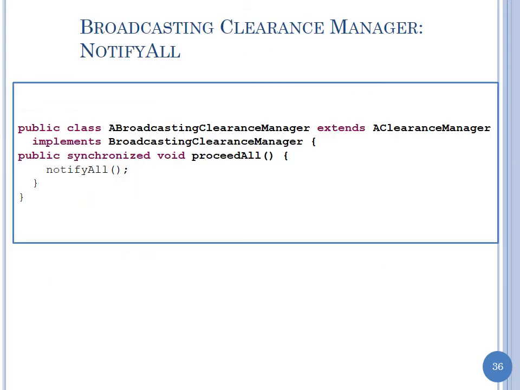And so proceed all is just calling the Java notifyAll in a synchronized method. That's the only difference. Notify all by itself is not a synchronized method, so we put it in a proceedAll method that is synchronized. Okay, and here's